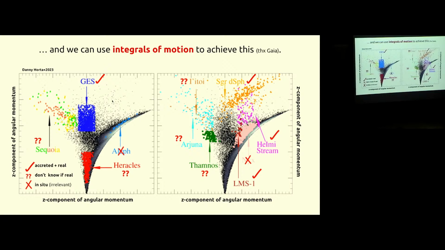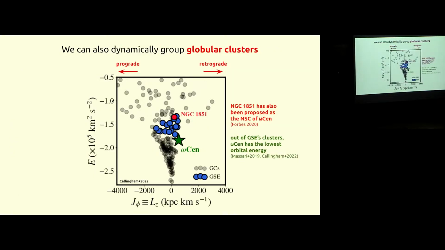We have a bunch of these disrupted dwarf galaxies, or these proposed disrupted dwarf galaxies, that we have uncovered using this data from Gaia and by doing this clustering in dynamical space. But we can do this not only with stars, we can do this with globular clusters. So here it is. And this is what we have done in that previous paper that I mentioned about the Gaia Sausage Enceladus that we published. So this is the same energy and angular momentum space. However, this is for galactic globular clusters.